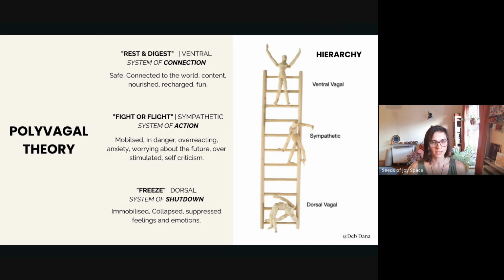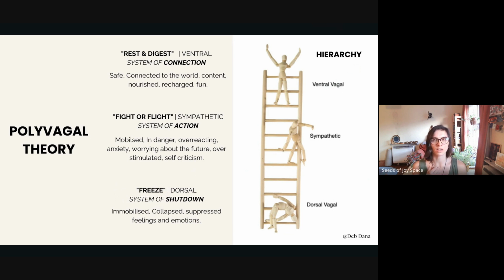Also, our social behavior will change. Probably we don't want to engage as much with others. There will be this sense of feeling as if we are not existing. So we are there, but we are not actually there. And this is our last resort when everything else fails. So we will move into freeze when we feel a sense of hopelessness. So it moves us into this immobilized state.